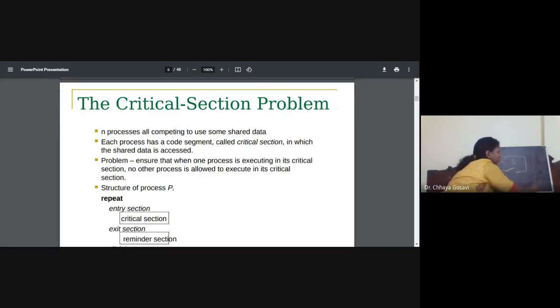It's a part of code. Your program is there and some part of the code is shared by multiple processes at a time. This part of the code, we call the critical section. In this case, ch in and ch out are part of the critical section. And we want only one process at a time to enter, execute the critical section and leave it. Only one process should be allowed in a critical section, right?